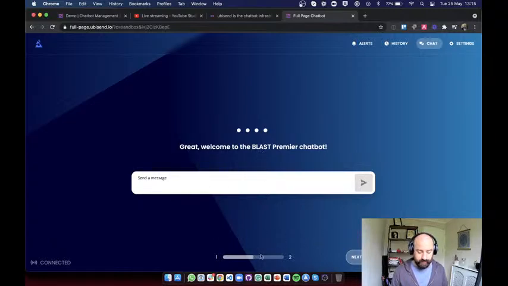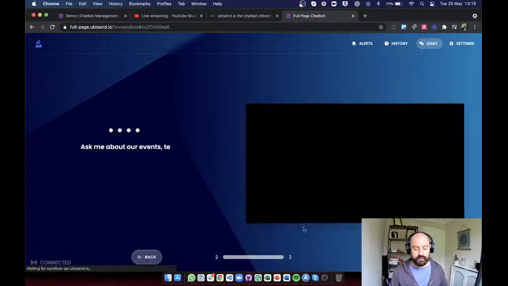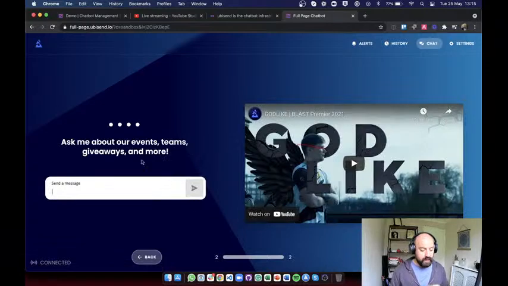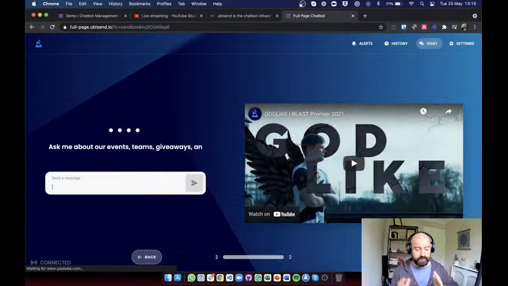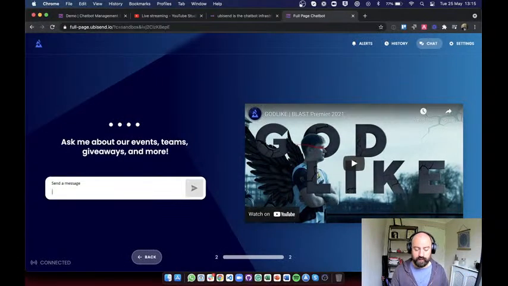As you can see, I can send a message, but as you can see here at the bottom, I am on step 1 out of 2, and there's a little next button, which basically allows me to go to the next step. Ask me about our events, teams, and giveaways and more. So as you can see, the kind of interaction here changed a little bit. Whereas we had just a full page message with a box for me to actually type, here, as I click to the next step, it just moves everything to the left, adds the video that's there on the right, and moves the places where I can interact with the chatbot